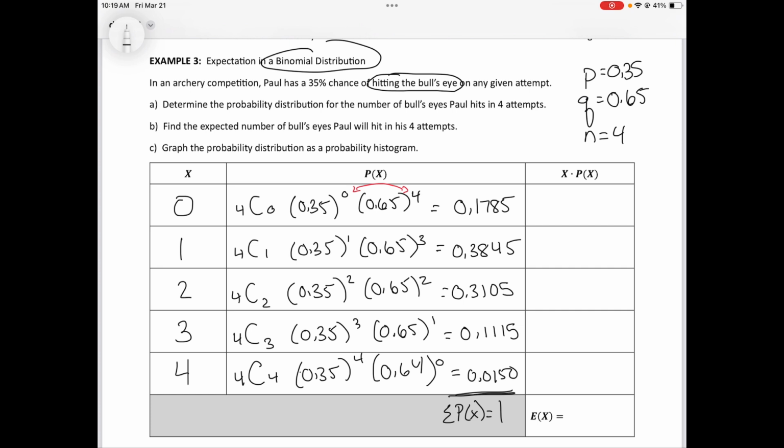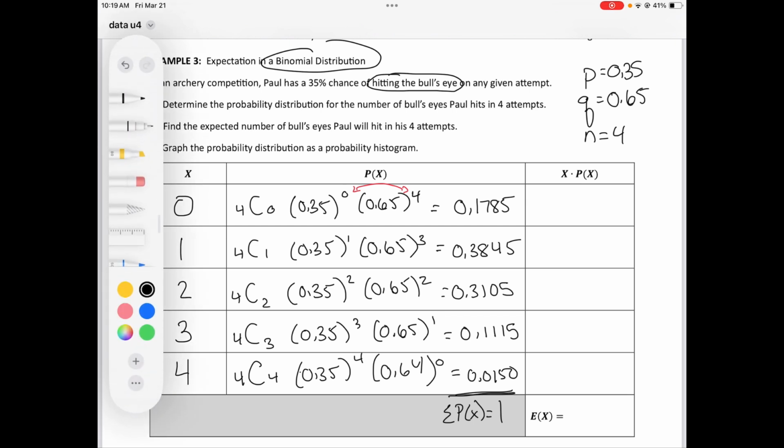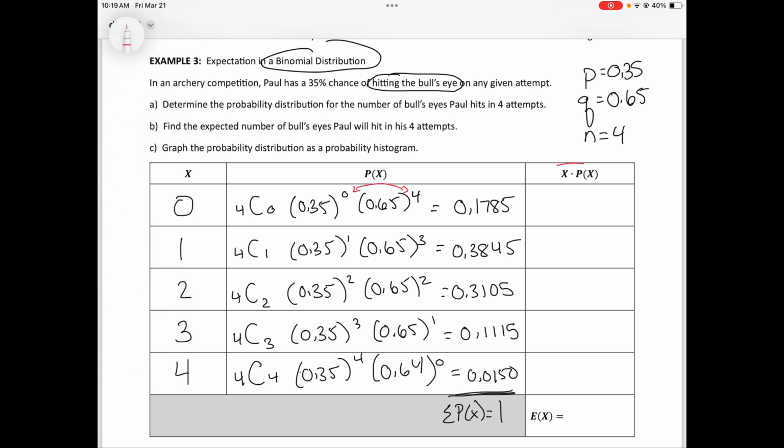Okay, so now, in regards to expected value, what we're going to do is we're going to multiply x times p(x), okay? Because we made the probability distribution. This chart up until now is how all of the probabilities are distributed. Now we're going to go ahead and calculate the expected value. So 0 times anything is 0. 1 times anything is itself, 0.3845. Okay, 2 times 0.3105 is going to give us